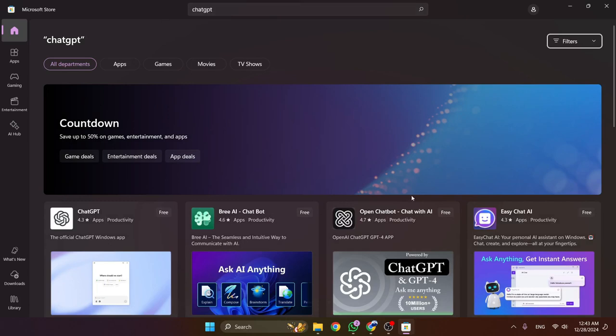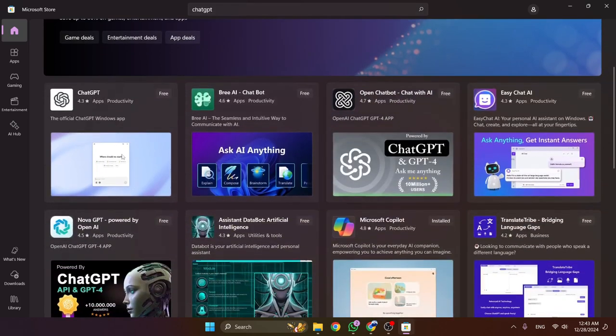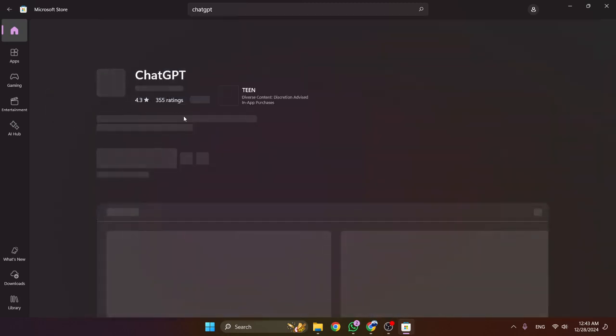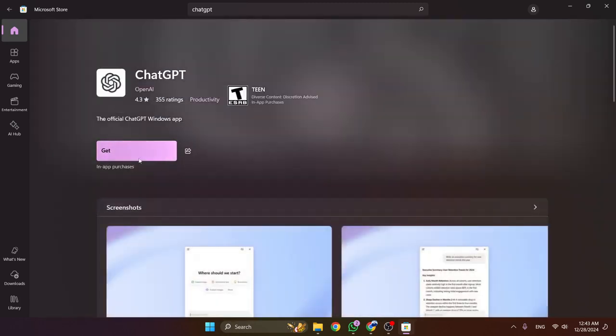So as you can see, now these different types of apps are provided here, but I want ChatGPT, so I'm going to click on this. And after clicking on this, as you can see, now simply we will get the Get button here. So we have to click on the Get, and after clicking on the Get, it will be installed. So in this way you can download and install ChatGPT on your Windows, on your